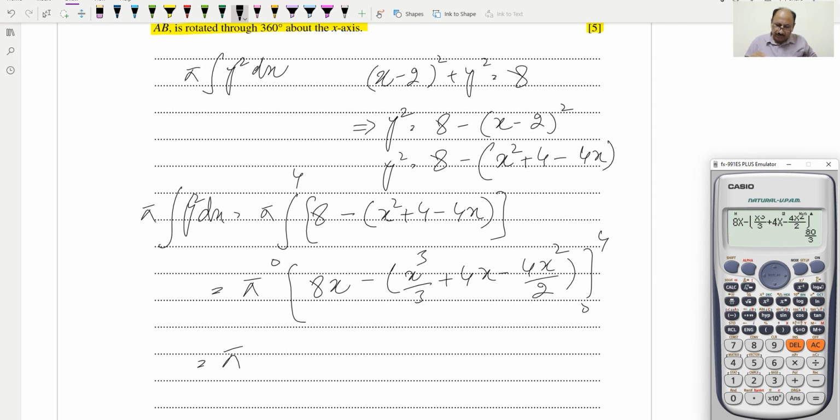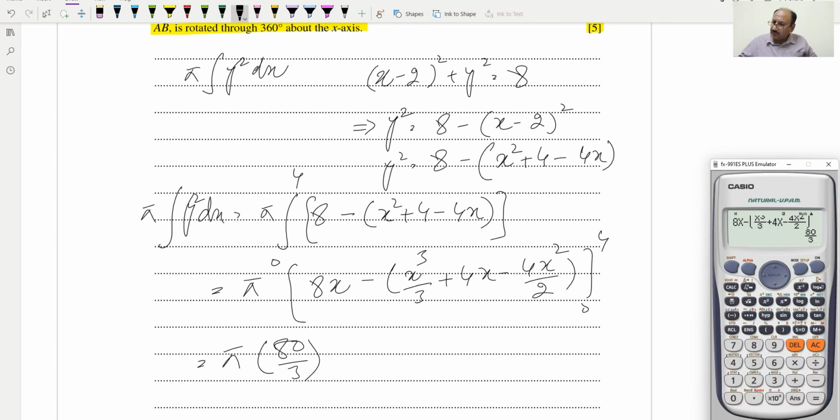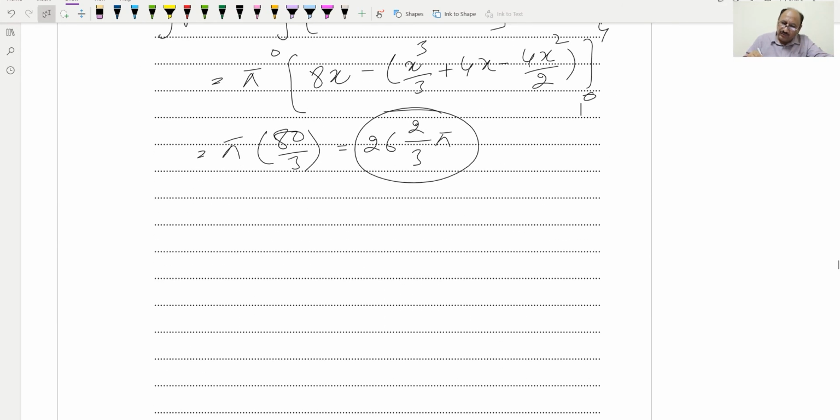We'll get 80 by 3. So 80 by 3 we can change to a mixed number, 26 whole 2 over 3, so 26 whole 2 over 3 pi. This will be the volume. For the lower limit it will be 0, so we have not replaced the lower limit because it is 0. Now the volume of the cylinder